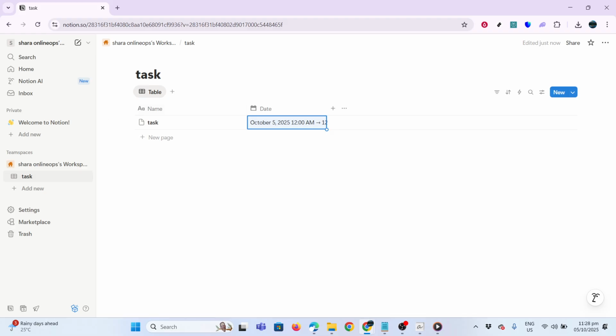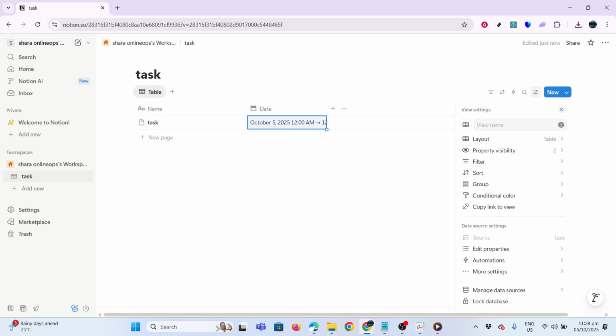With your table structure in place, it's time to switch to a more visual overview. Look at the top of your table, where you'll find a view setting called Table. Next to this, there's an option to Edit View. Click on that, then select Timeline from the layout options. Give it a name, like Daily Time Blocks. This view is particularly powerful, as you can now drag tasks across the timeline, giving you a clear, visual representation